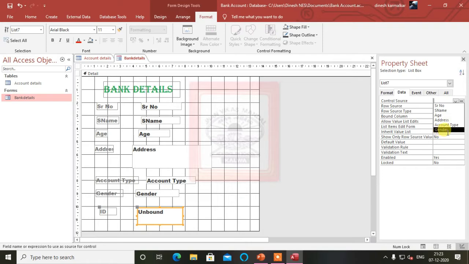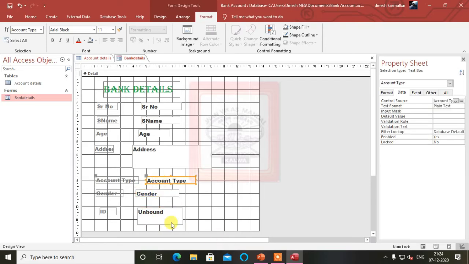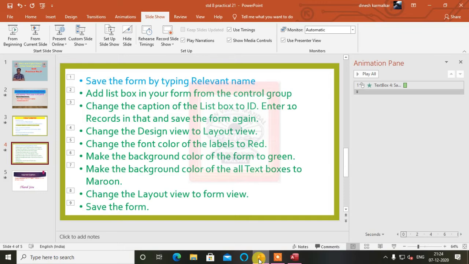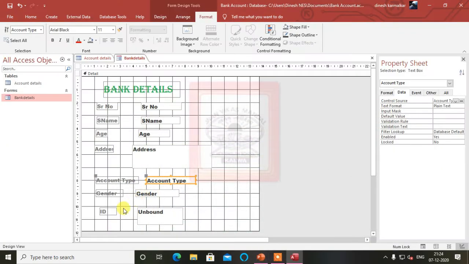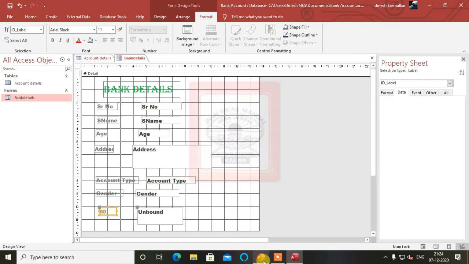The data is not there, so it is not showing for the timing. Let's enter some, and then we will link this. Okay, now we have to enter 10 records, with the list box name already changed to ID.